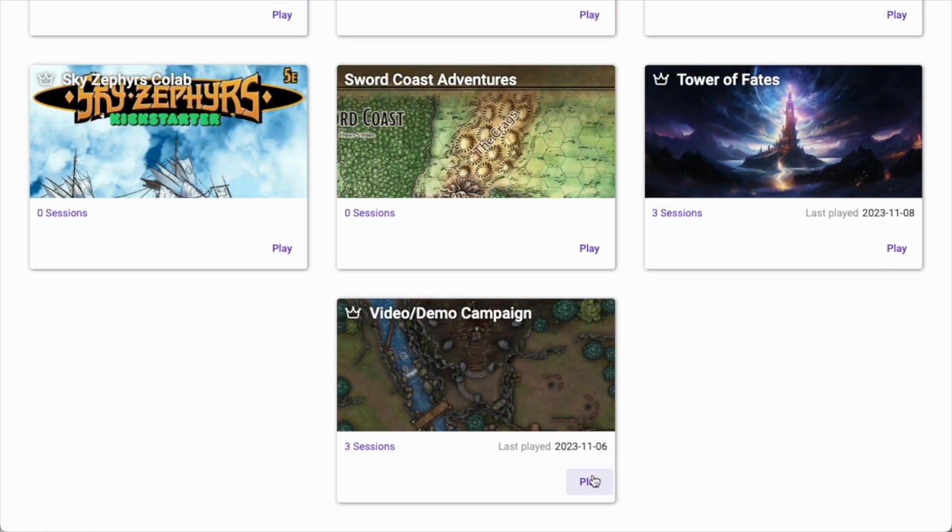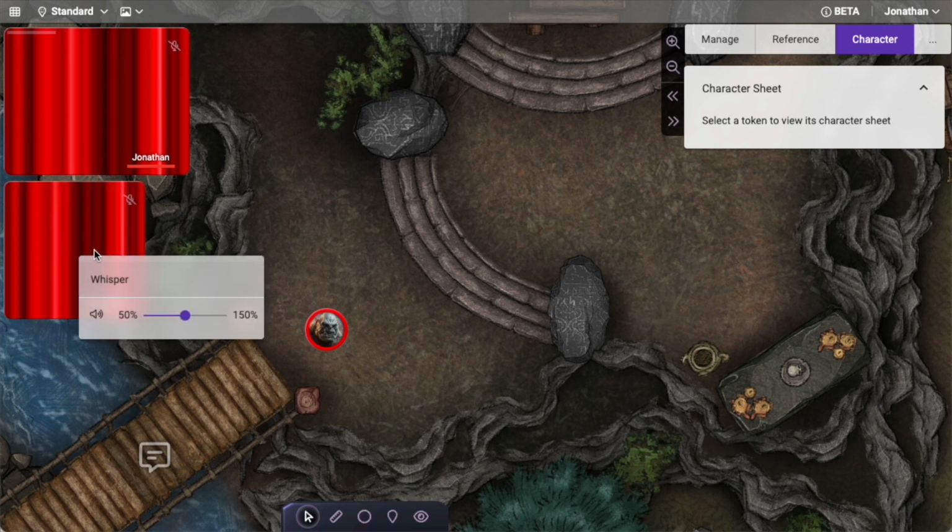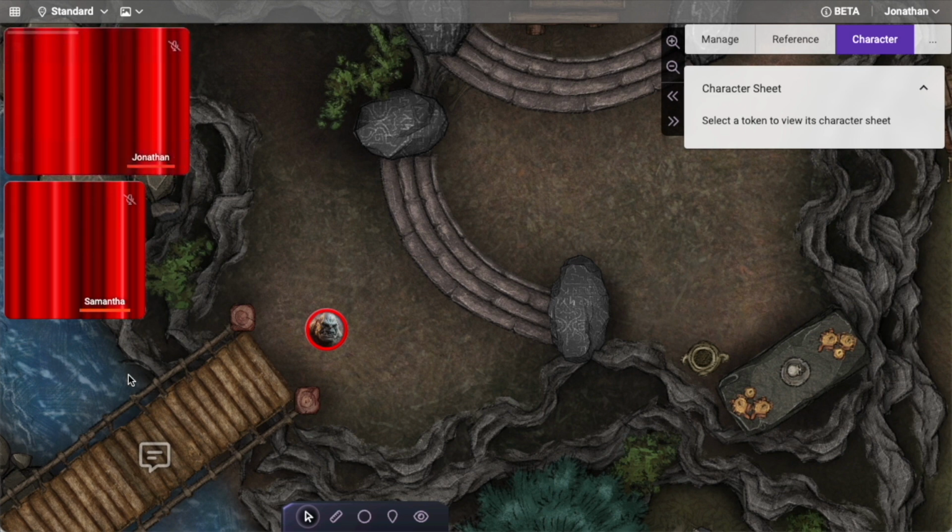Inside of the VTT itself, we've made a couple of changes. One is we've added right-click functionality over here in our video audio area with the players. You can start a whisper from here, but more importantly, you can change a player's volume. This is only for you, so this doesn't change the volume on their side and doesn't change the volume for any of the other players in the campaign. But this allows you to bump up somebody's volume who's maybe a little quiet, or bring somebody who is loud down a little bit, just to equalize all of your players so everybody is legible and easy to understand.